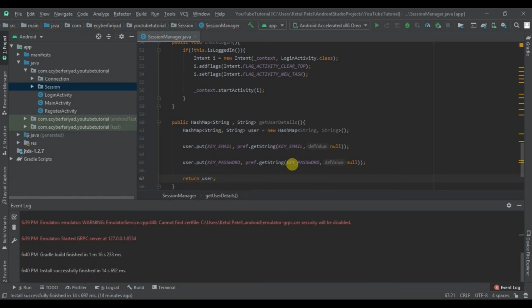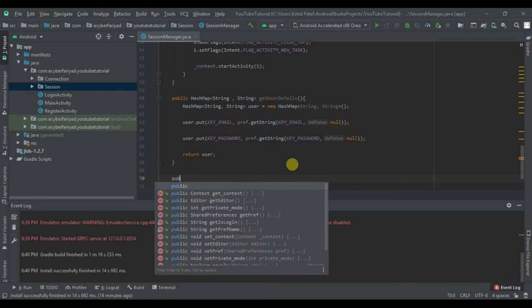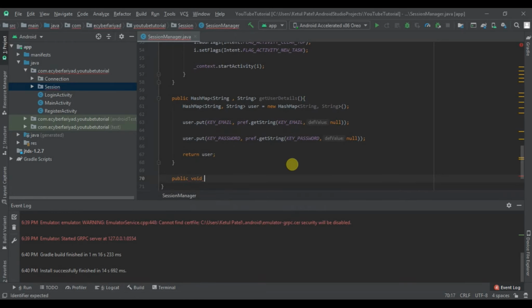So after this we are going to create the logout function. So if user clicks on logout, our session data in our hash map will be cleared and our session manager will get cleared. So for that, let's create public void logoutUser,